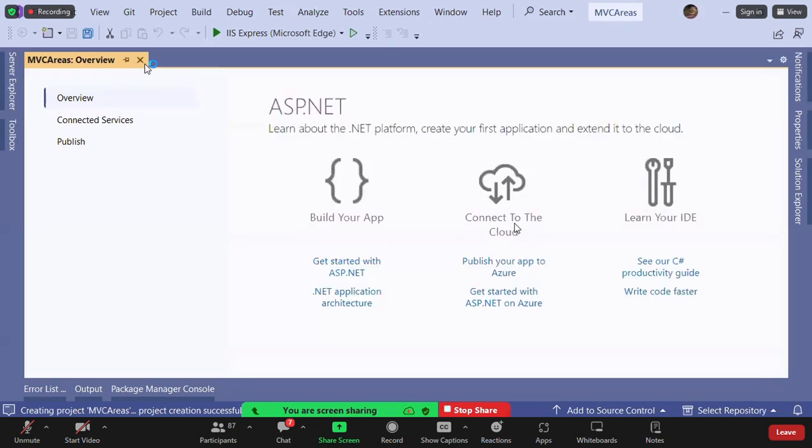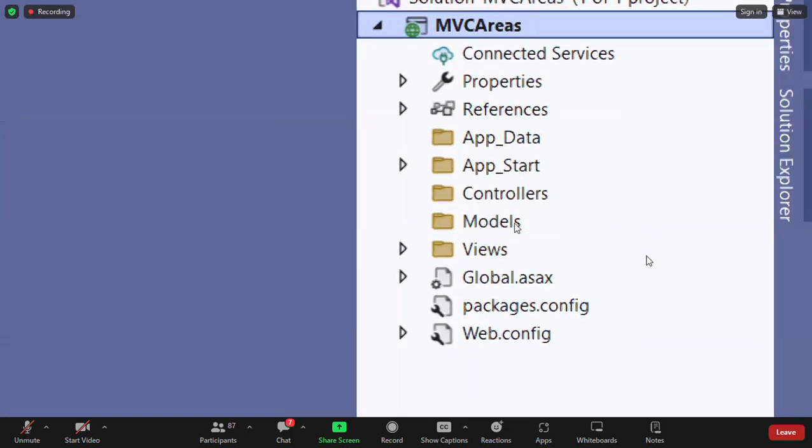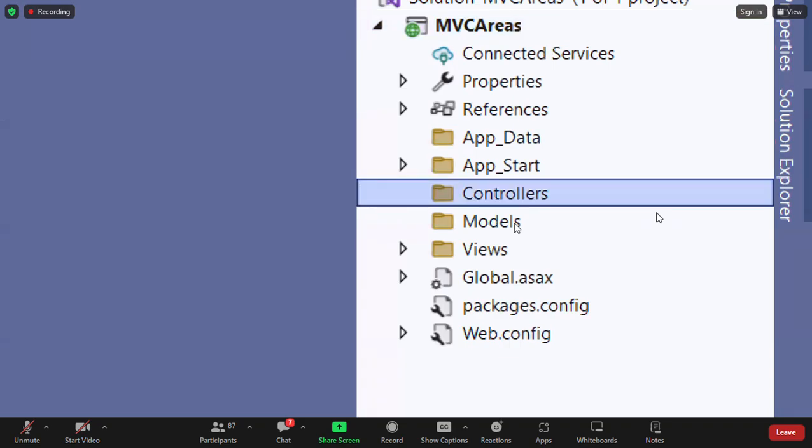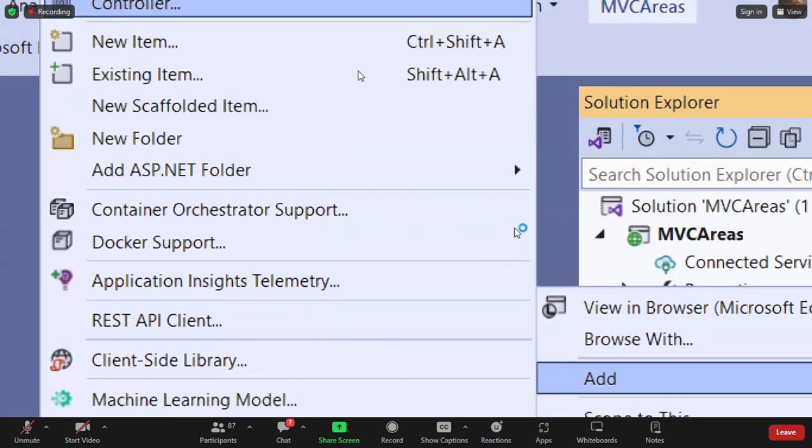Okay. Now look here. Right now, I have a controllers folder, models folder, views folder. Here, this is the root. So here are the controllers associated to the whole site, the models associated to the whole site, and the views associated with the whole site. For example, let me add a controller here, guys. I will name it as